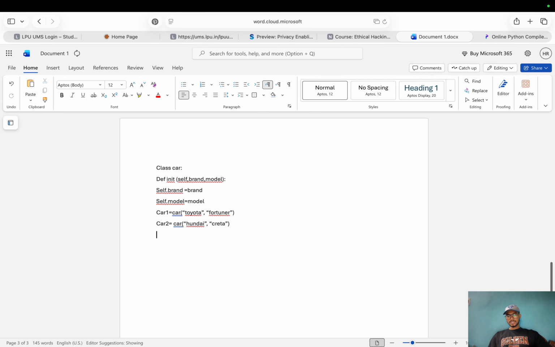So these are the cars, and I'll print these cars as print car1 dot brand,